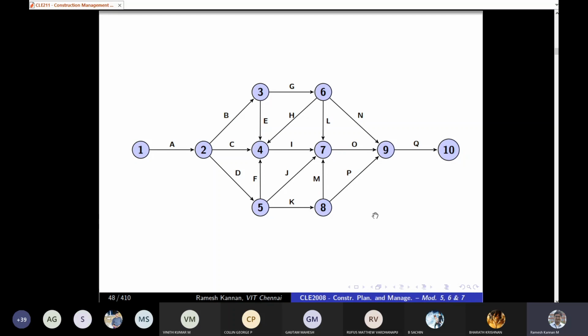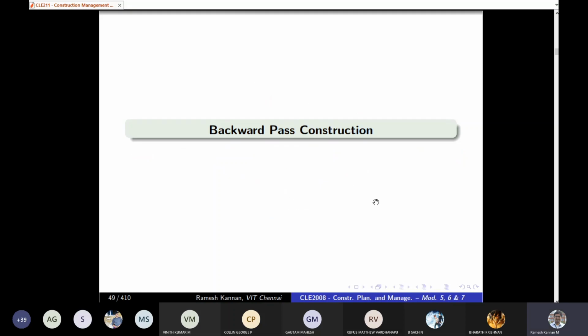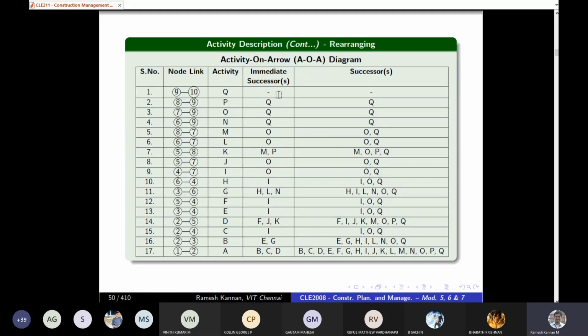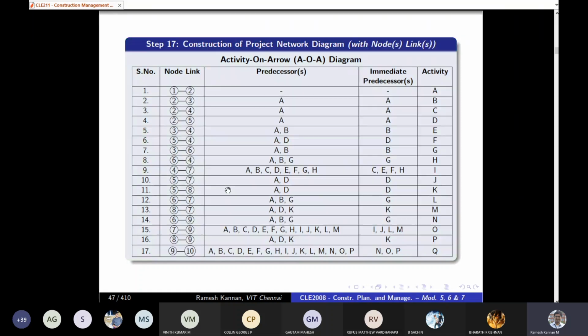Next, we'll get into the backward pass construction. In the backward pass, we'll be taking successors. Remember, in a forward pass, we'll be taking predecessor and immediate predecessor. And in a backward pass, we'll take immediate successor and successor. And one more step we will do is that we will reverse the order. In a forward pass,